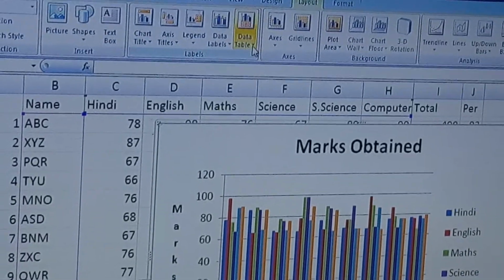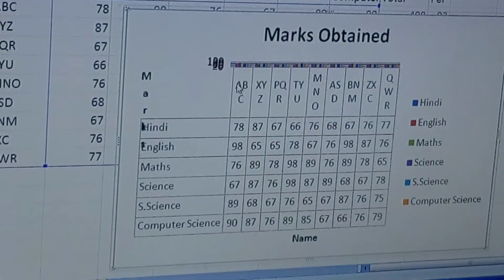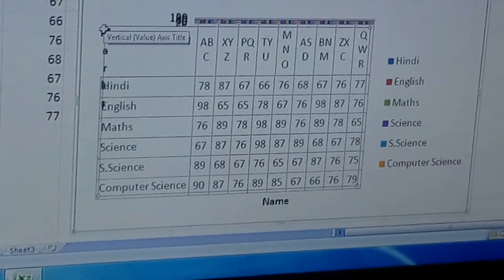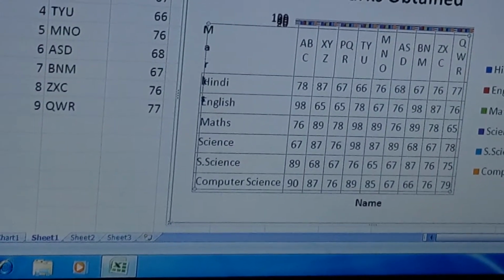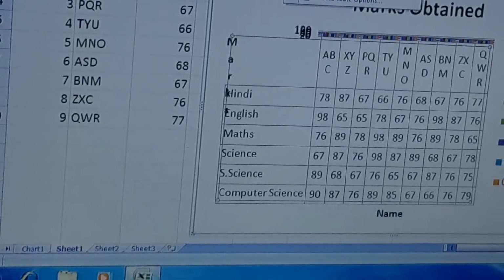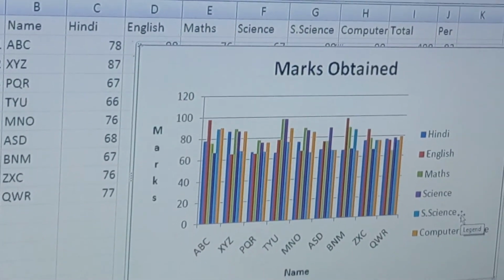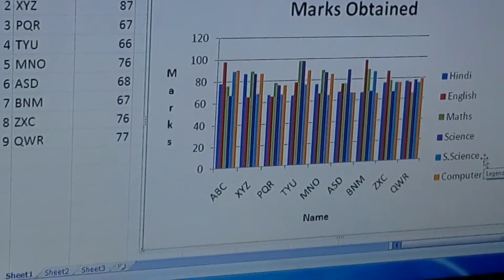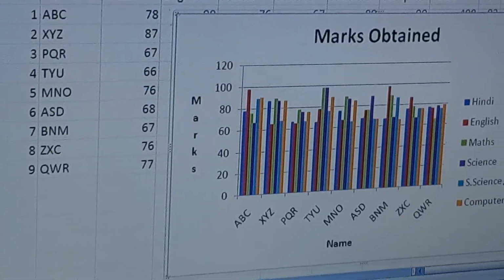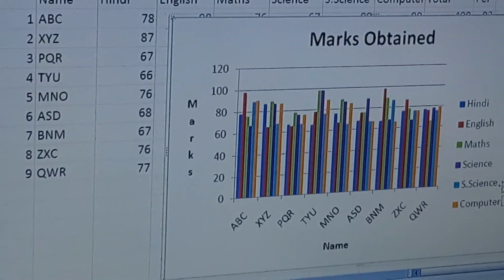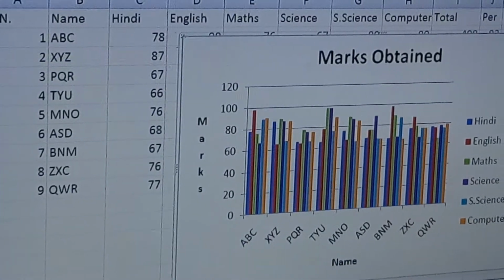Now one more thing, data table. Next you can select the data table along with the chart. So there are different components. Number 1 is data series, number 2 is plot area, number 3 is legend, number 4 is titles. It consists of chart title and axis title, which is horizontal and vertical. Next is